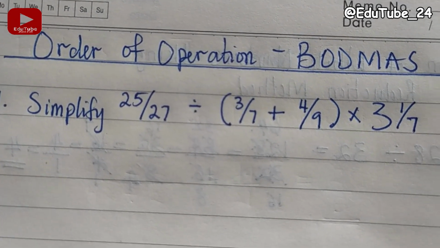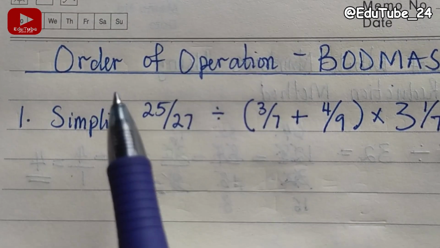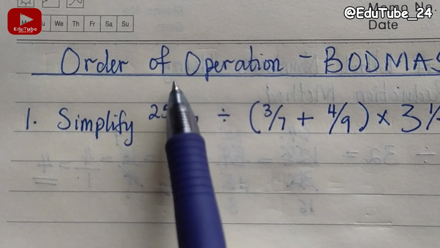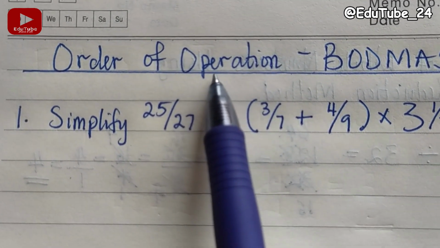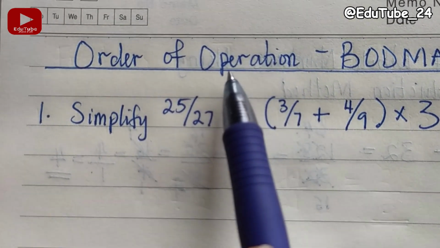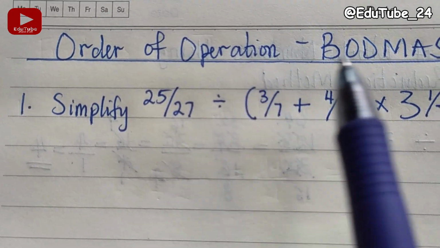In this lesson, we are going to learn order of operation, BODMAS. Order of operation is the order or the arrangement at which a mathematical problem or operation is carried out. And the technique we are going to be using for this lesson to work our order of operation problem is